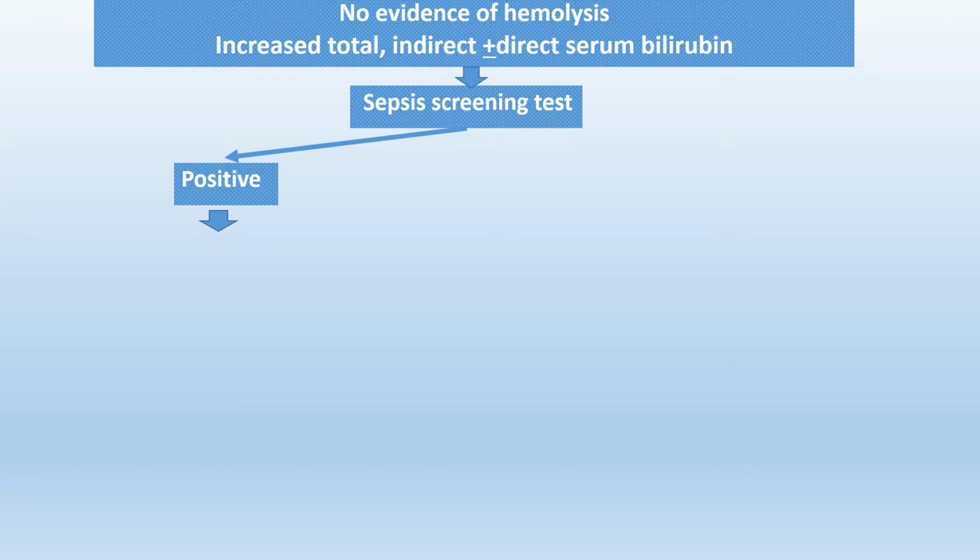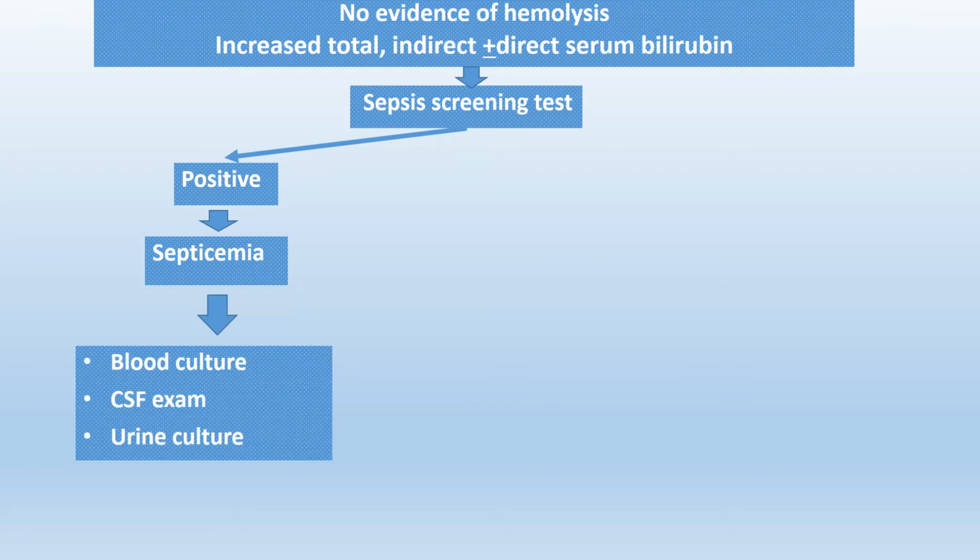So WBC can be less than 5,000 or more than 25,000, which will be significant, suggesting that the child is having infection, and platelet count can be decreased. When you go for the CRP level, it will be increased. So all these are the sepsis screening tests. If it is positive, then we can label that the child is having septicemia, and due to this the child is